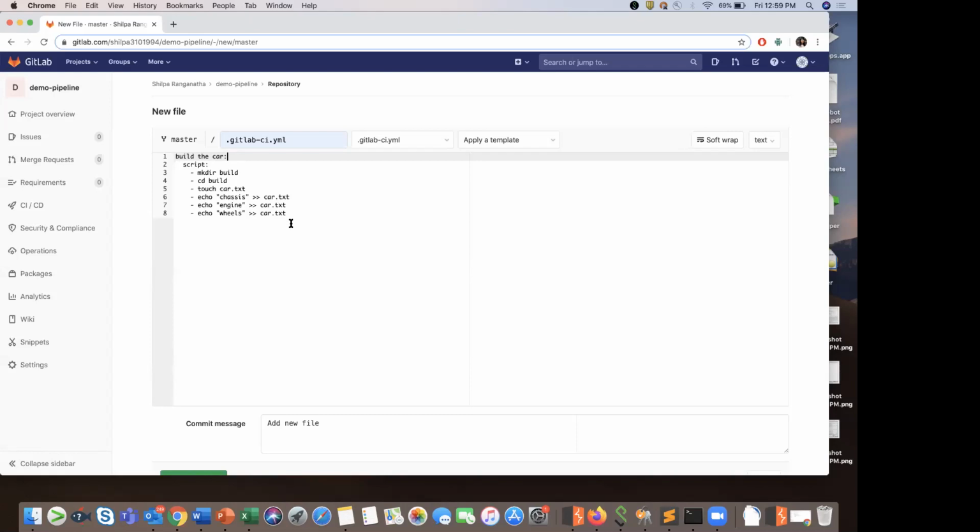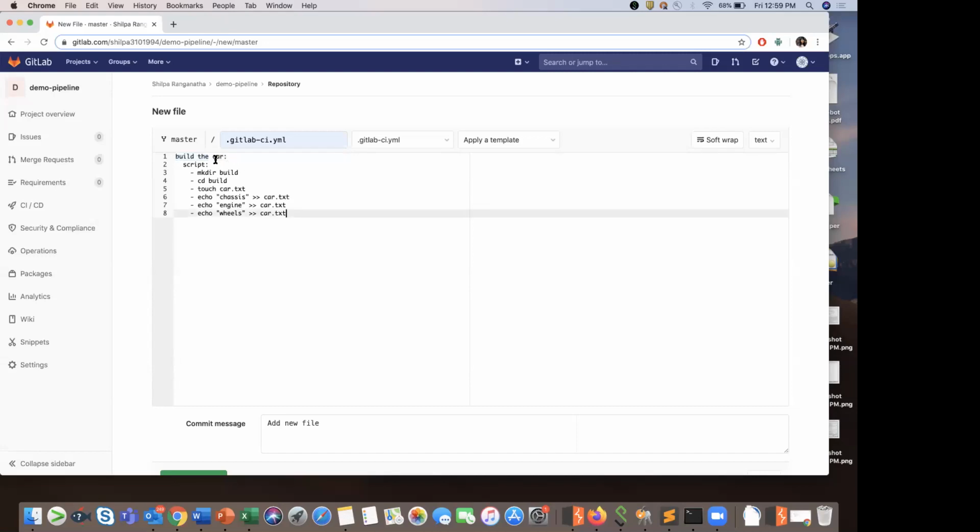So this is just a symbolic representation. So what I will be doing is I will just be creating a file called car.txt, and I will be echoing three terms, that is chassis, engine, and wheels. Okay, this is my first job. So the name of the job is build the car.